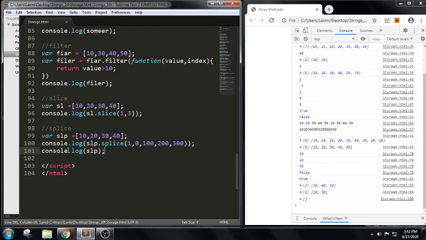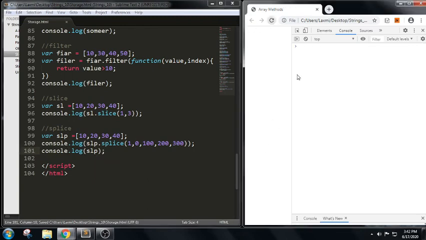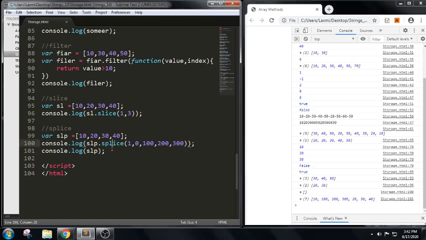So generally the splice will try to display, we got it here, it will try to display the removed elements, right? So here I am trying to echo it. If you can see, it is trying to perform as we have expected from the one position, that is 0 and 1. It is trying to insert 100, 200 and 300. 0 indicates no deletion, so 10 is there as it is, 100, 200, 300. Then after 20, 30, 40, we got the exact output what we have desired.